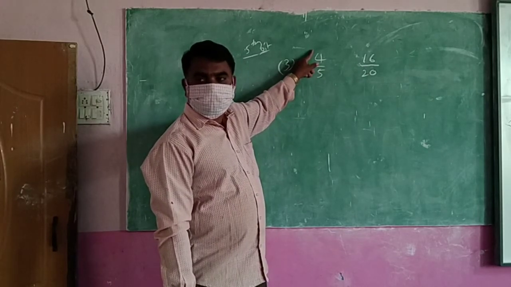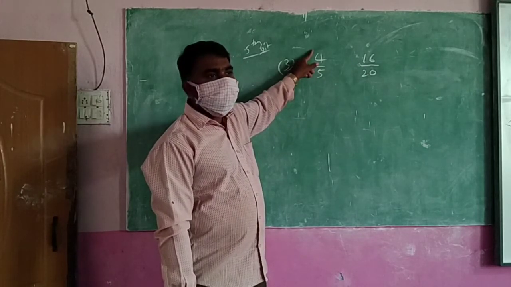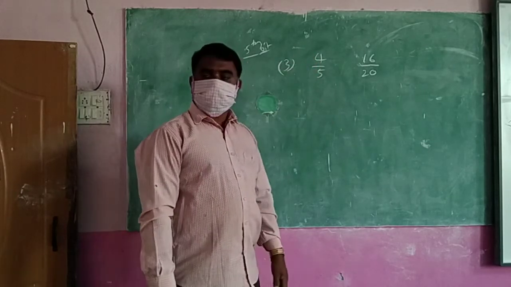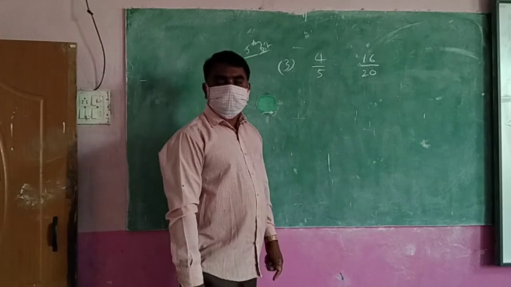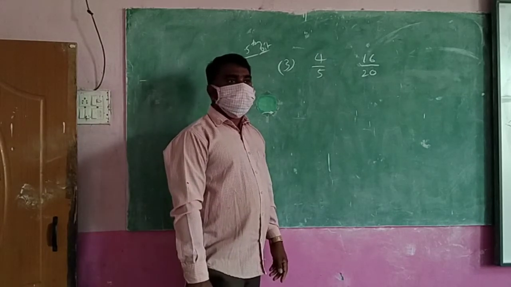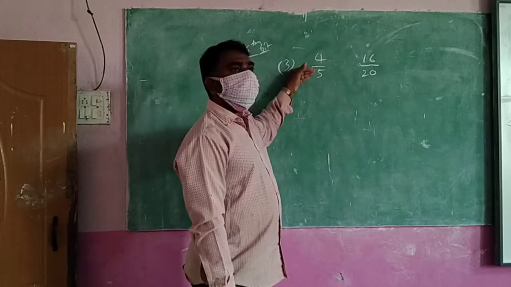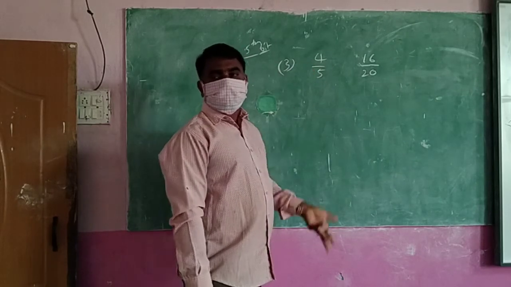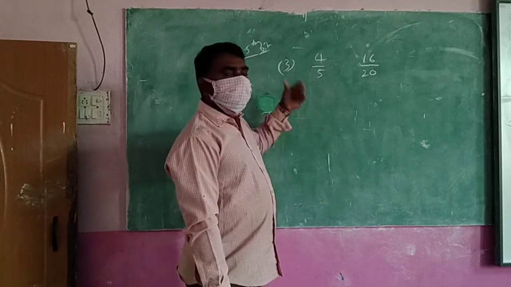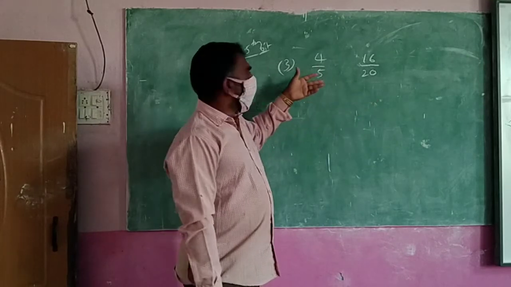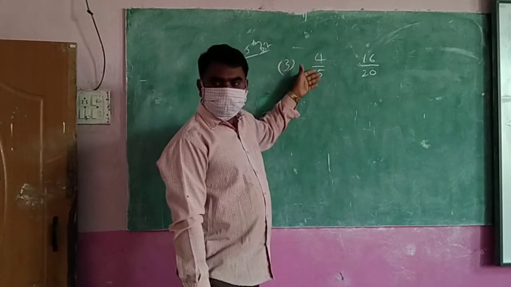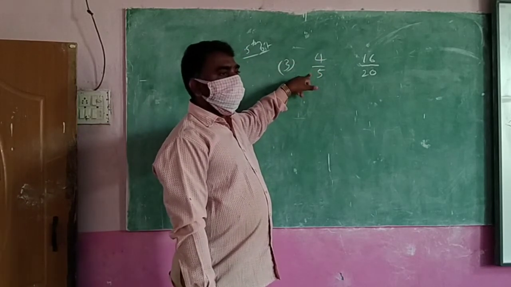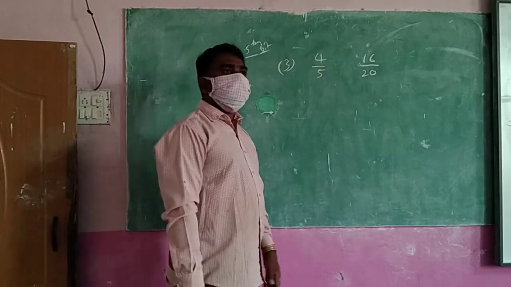Can you divide it with the same number? Can you divide 4 and 5? Yes. What number? 4 table. 4 and 5. One table is not possible. One table is not good. Except one, you check. Both will come in 4 table. 4 and 5. 4 and 5 are coming in same table.